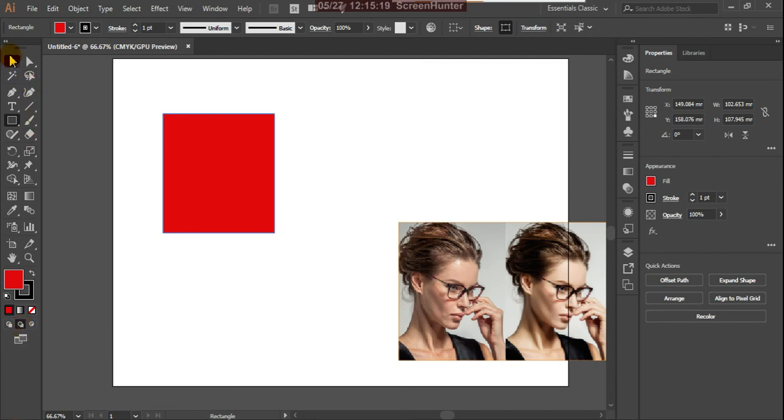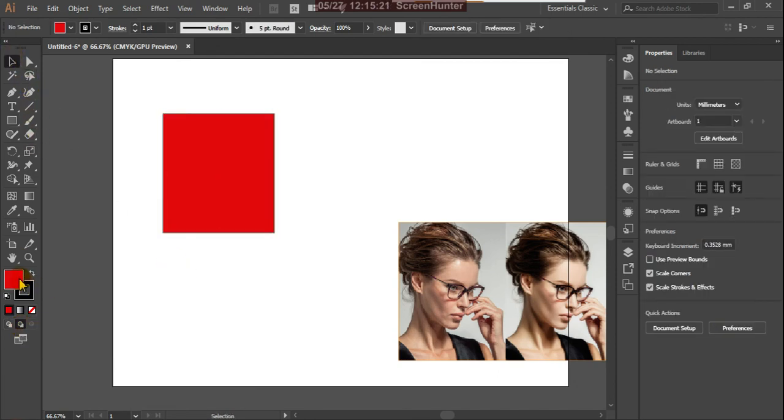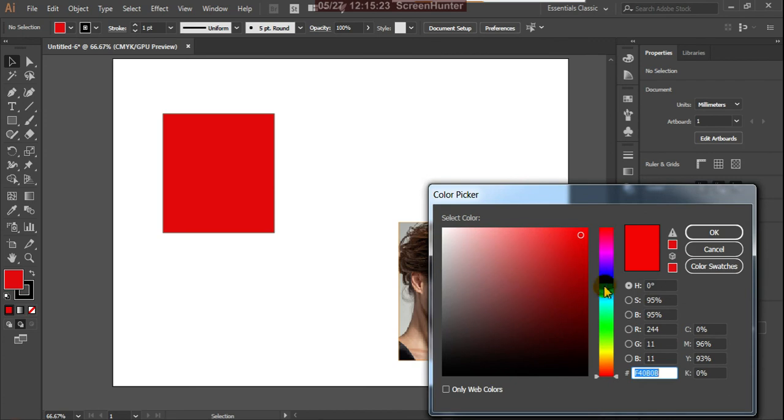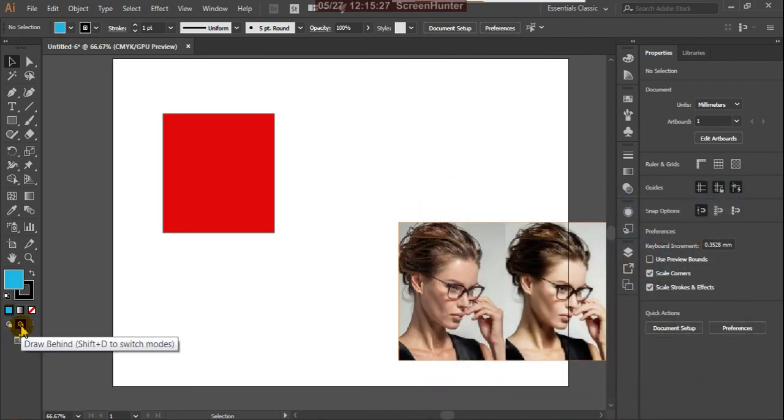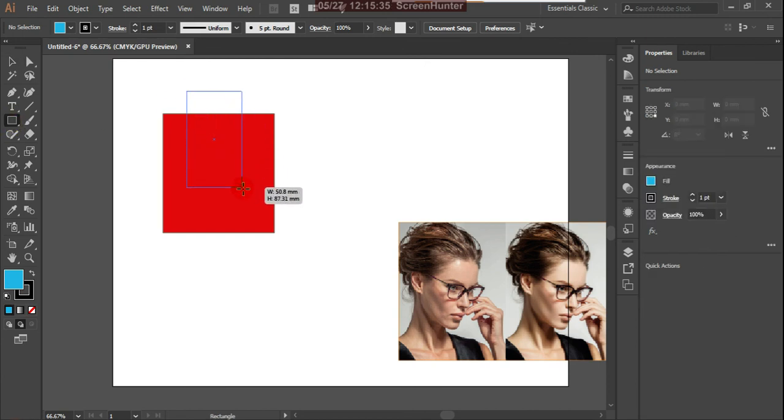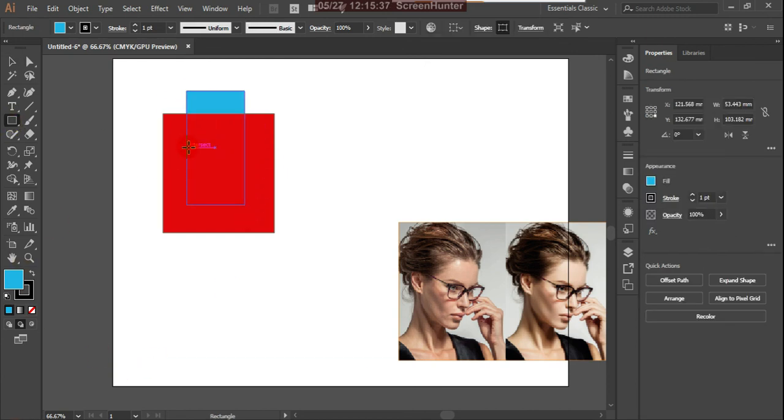Suppose here change this color into blue and click here already. So draw behind. So by clicking this, you can draw automatically behind that. See, we choose this option and draw behind, and this is draw inside.